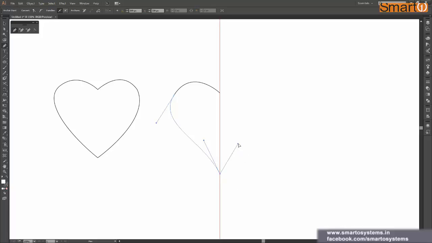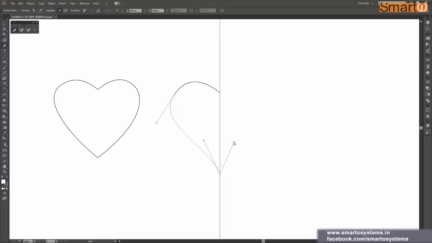So this is like a next level to what we have seen just now. You can, without even releasing your mouse click, just press Alt and adjust your tangent at the same time. It just avoids one additional click, that's it. So it again depends on the kind of convenience you are looking for. So yeah, here I think this tangent is excellent.